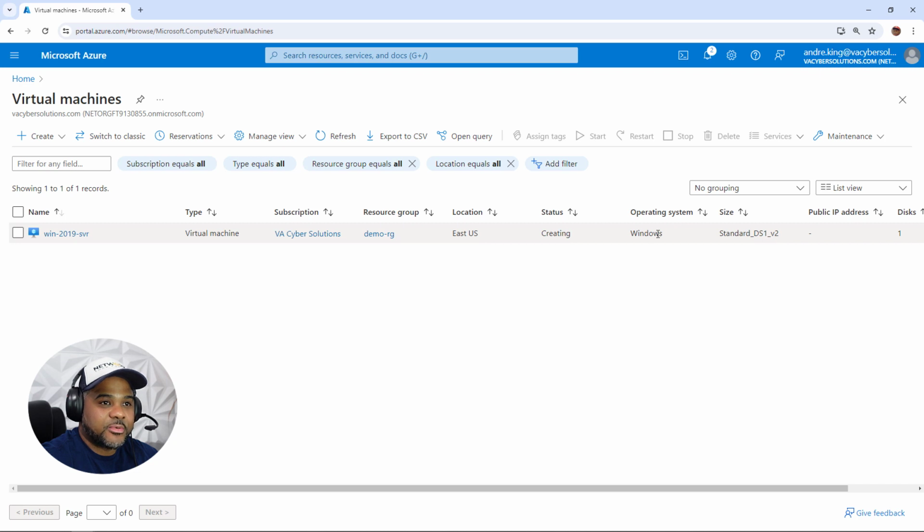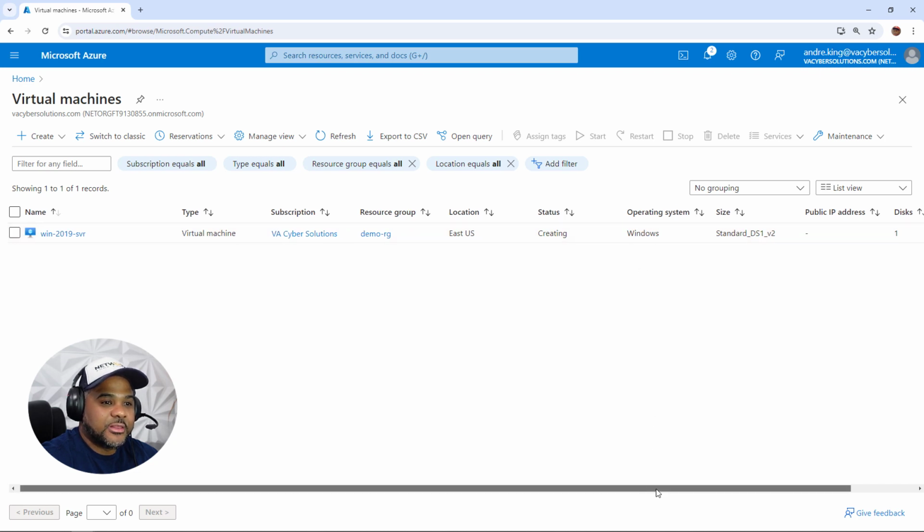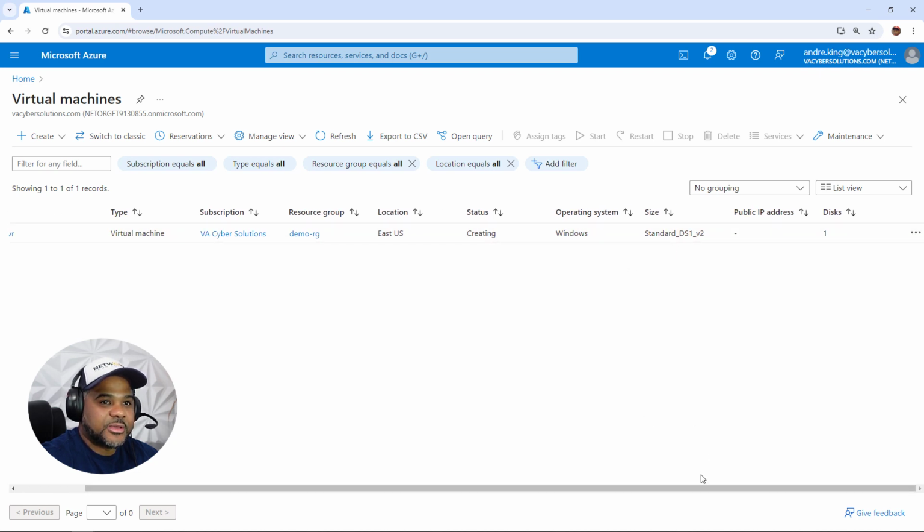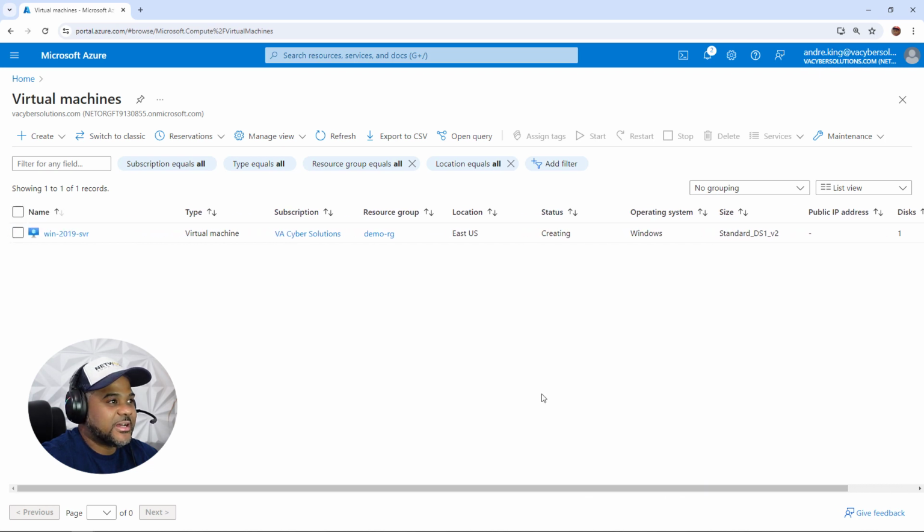Status is creating, operating system Windows. And though we had the alias, this is going to be the specific size, the default, since we didn't specify it there. So the next two steps, once it gets launched, are going to be to open up the remote access.